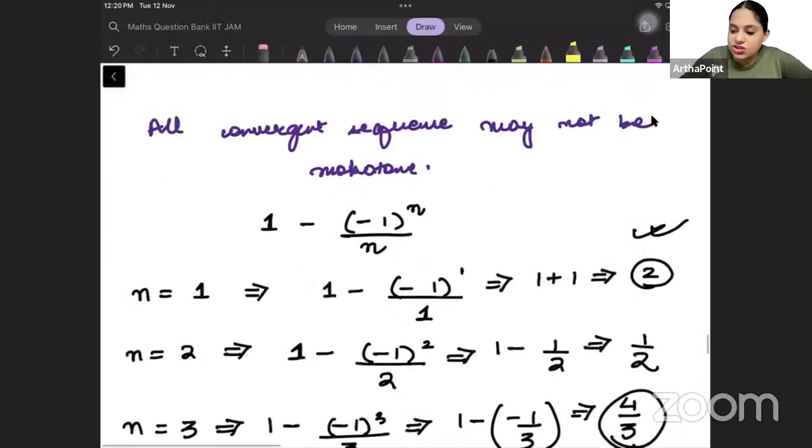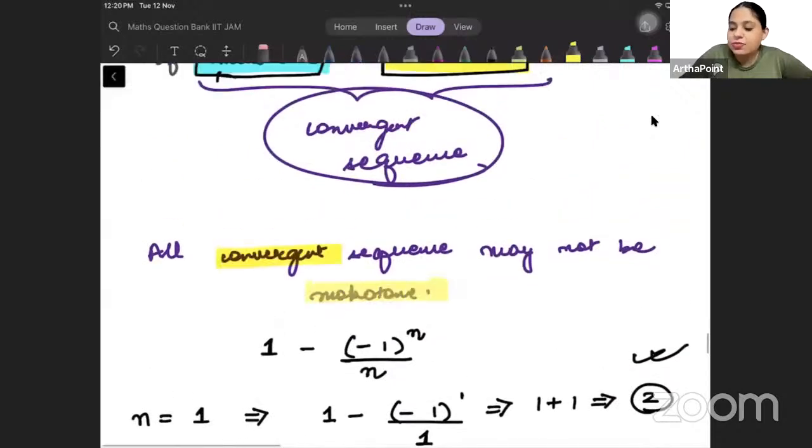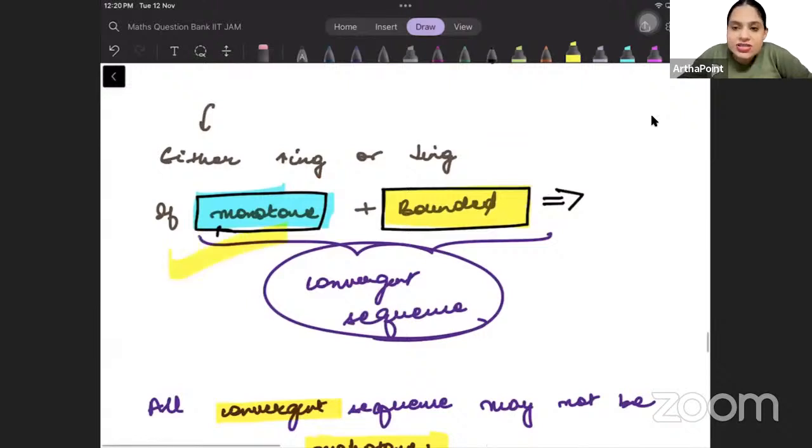So if convergence is happening, it doesn't mean that the sequence will be monotone. But if it is monotone, if it is increasing or decreasing and bounded, then we are sure that it will be a convergent sequence. Then we can go ahead and say that it will be convergent. That is what the thought process is here, right? Okay. Now let us go ahead and let us try to